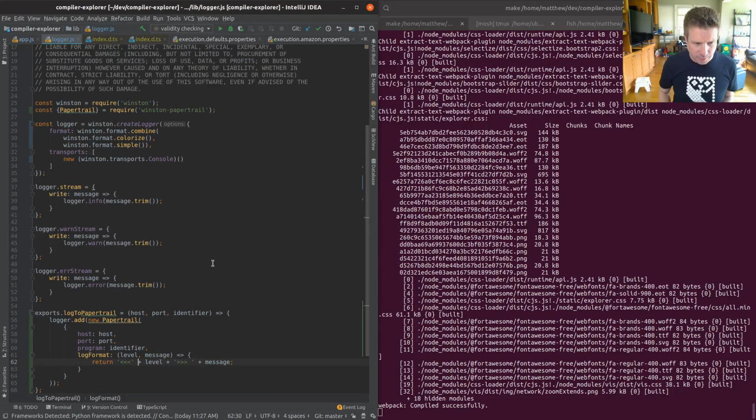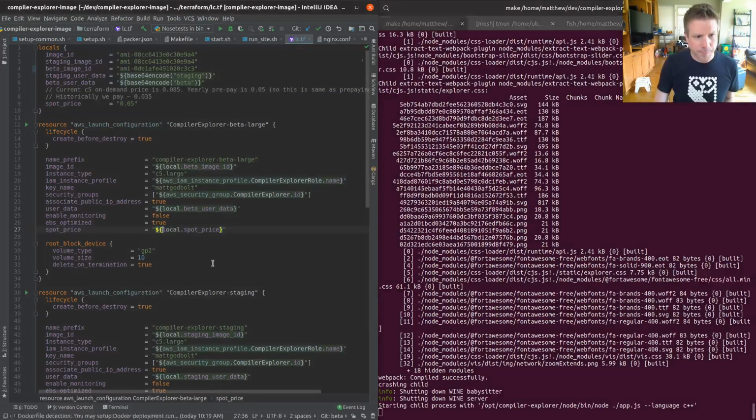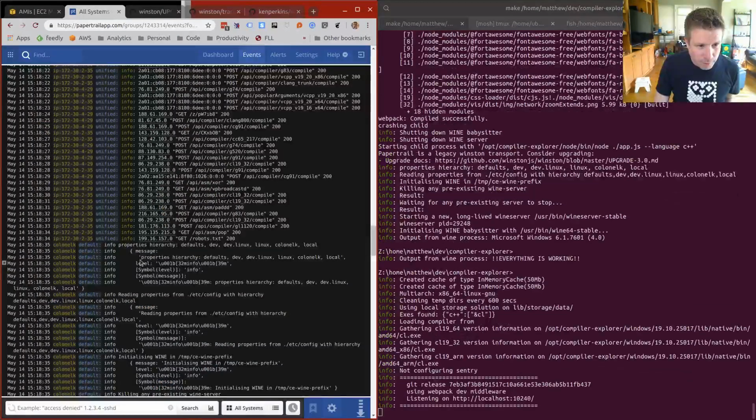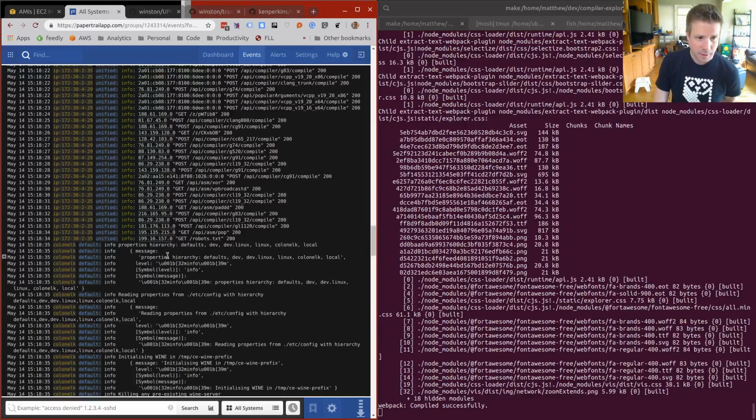So in order to keep what we had before, we're going to do level plus colon plus, and of course it keeps restarting every time I alt tab away from it. Message.message. Although actually this whole thing is probably what we were logging before.